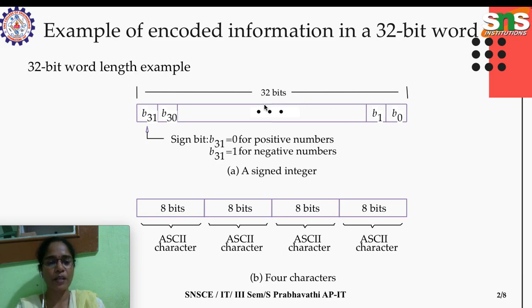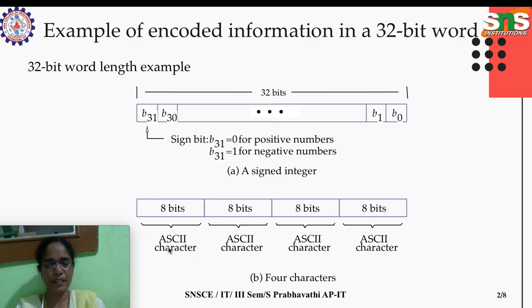To differentiate the positive and negative number, the most significant bit will help us identify. If the last bit, B31, has the value 0, the number stored in these cells is a positive number. If it is 1, then the number stored here is a negative number, okay. So this is about storing numbers, okay. And next, if you want to store alphanumeric characters, characters won't take 32-bit length